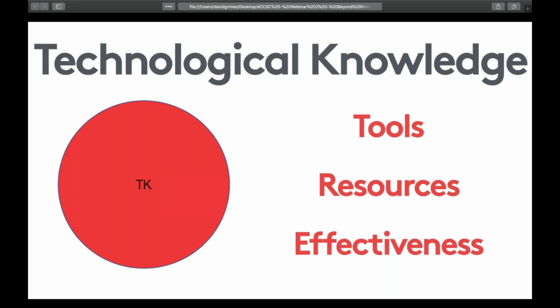Like, can I use the clicker well? Can I use the projector well? Stuff like that. Is it recognizing what content specific tools I can use in a lesson? So I'm a practitioner and I have an actual physical toolbox, or I have a tray of tools that I need to know how to use. Can I use those efficiently? So it's not just teaching tools; it's the content tools as well. All these technologies that kind of intertwine into your class. Do you know a good way to use it?